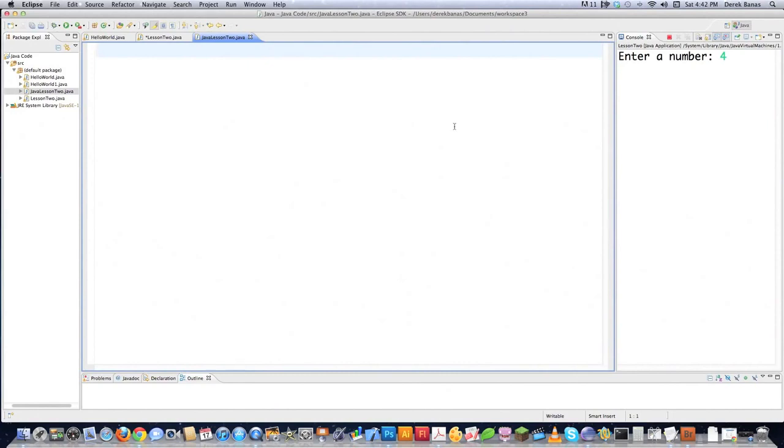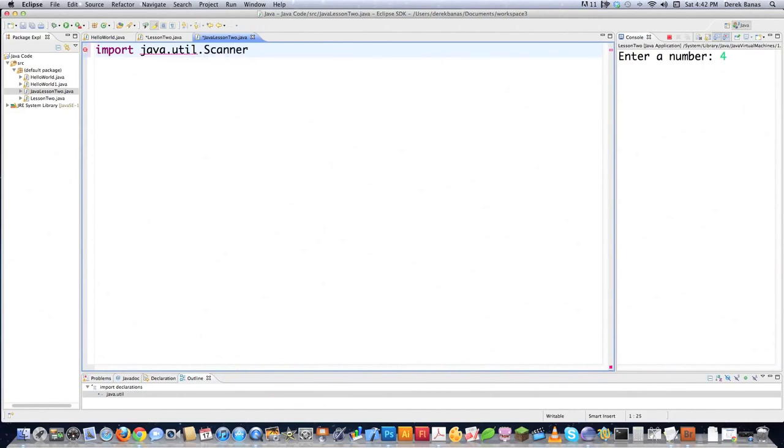I'm going to show a whole bunch of new different things here. First, I'm going to show you how to import an external class. All you do is go import. If you don't understand this whole thing about classes and all that, don't worry about it. I'm going to get into it later on. All this means is I'm going to import a bunch of functions and methods that I want to be able to use here. So you just go import, and I'm going to go